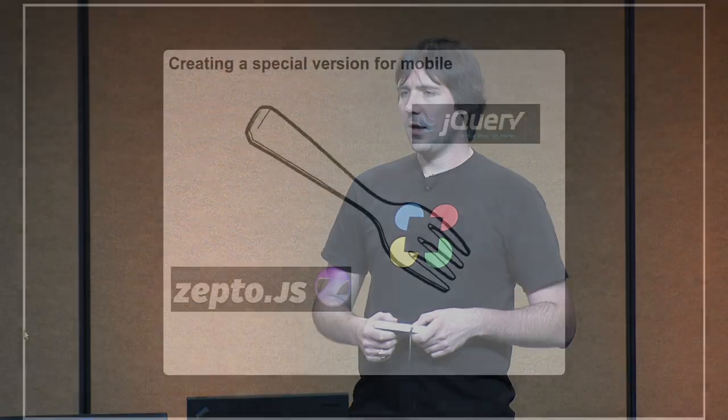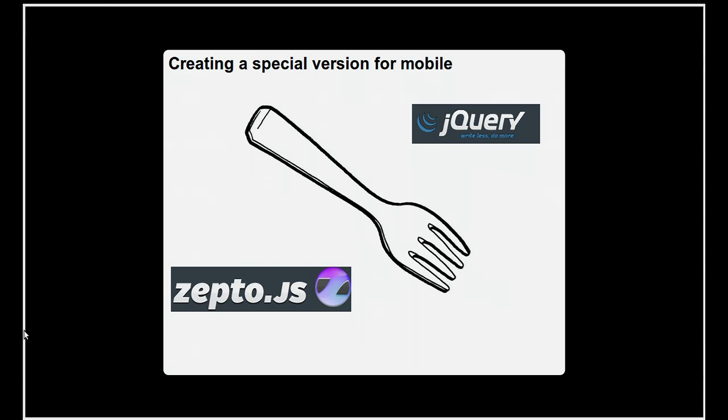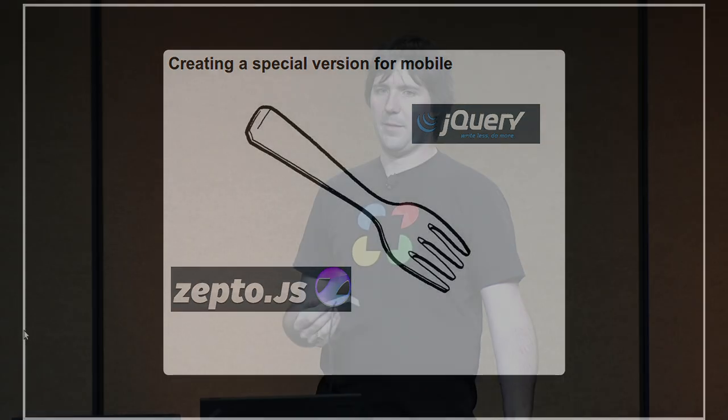So managing dependencies, again, like I said, there was no import statement in JavaScript, so it's somewhat difficult to do out of the box. Another thing that I've seen happening recently is creating a special version of your JavaScript for mobile. And creating a special version of your JavaScript for mobile is a good thing, because they have different capabilities and that sort of thing. But the problem is that when I see forks of libraries, there's a library out there called Zepto.js, which is basically a mobile WebKit